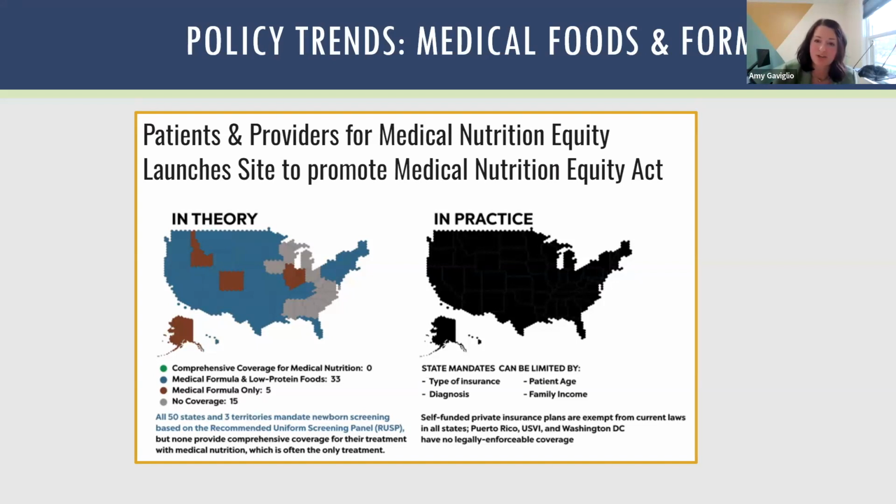I really like this graphic from the National PKU Alliance because I think it really nicely illustrates that even when states or programs think they have coverage, or in theory do have coverage, in some cases in policy, in practice, there can still be real barriers to implementation and access. And these barriers can be due to limitations in policy on things like the insurance types that are covered, the diagnoses covered, eligibility criteria like age and income, or even a true lack of awareness that the coverage even exists. Next slide.